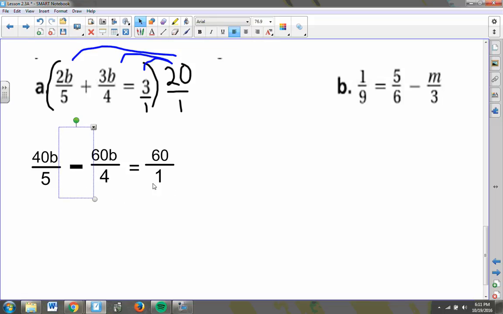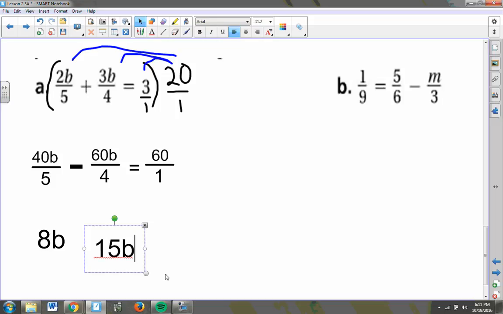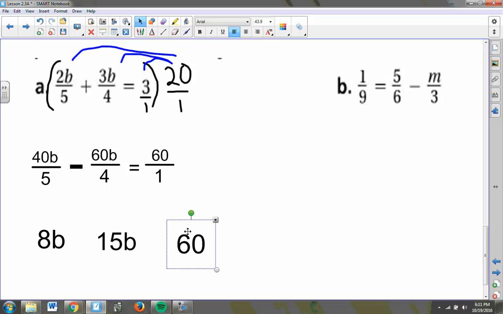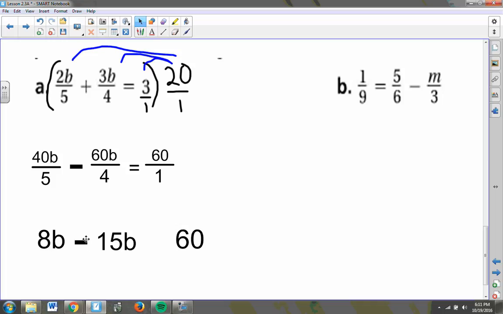And now I can simplify those fractions. 40b over 5, 40 divided by 5 is 8. The bottom of the fraction goes away. 60b over 4, 60 divided by 4 is 15b. The bottom of that fraction also goes away. And then 60 over 1 is already a pretty simple fraction. I can just drop the 1 on the bottom and have it be 60. So now I have 8b minus 15b